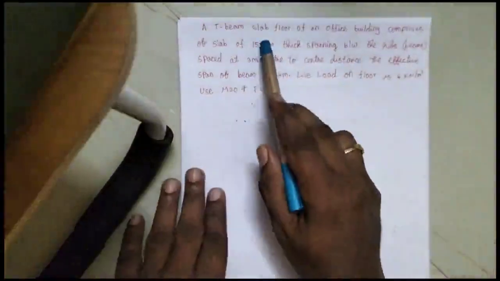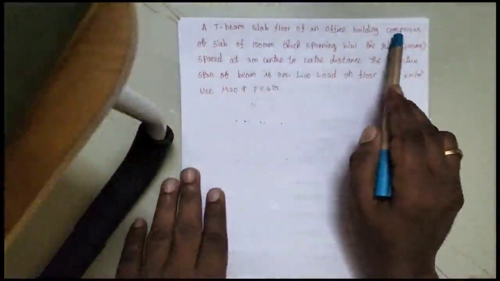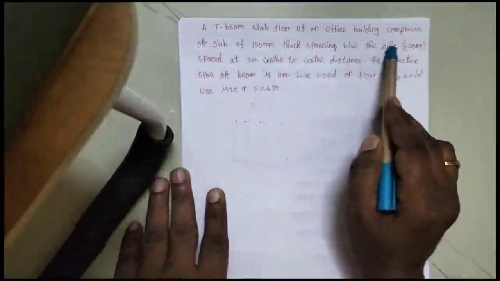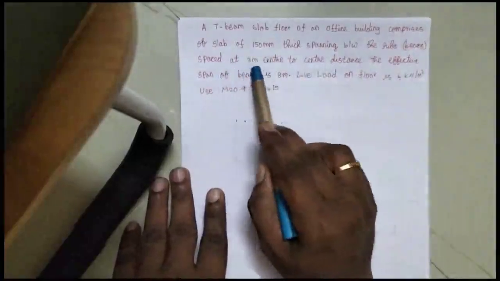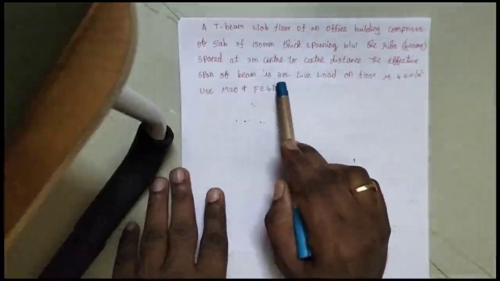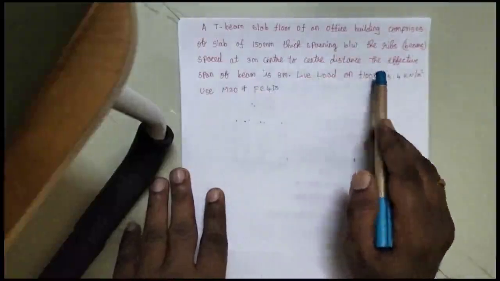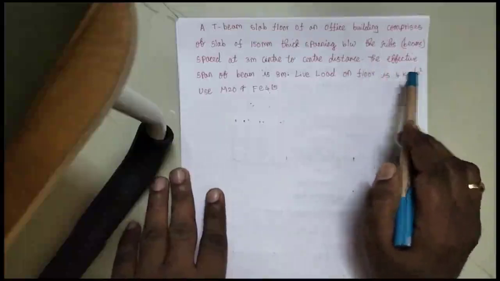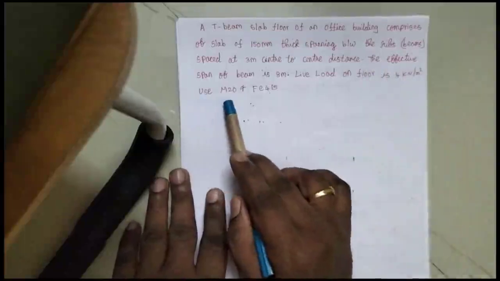So, a T-beam problem. A T-beam slab floor of an office building comprises a slab 150 mm thick, spanning between the ribs, that is beams, spaced at 3 meter center to center distance. The effective span of the beam is 8 meter, and the live load on the floor, they have given the load on the slab as 4 kilonewton per meter square,